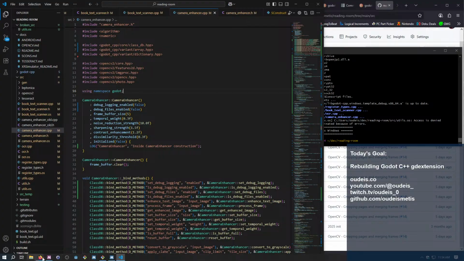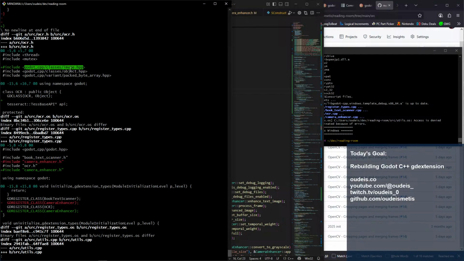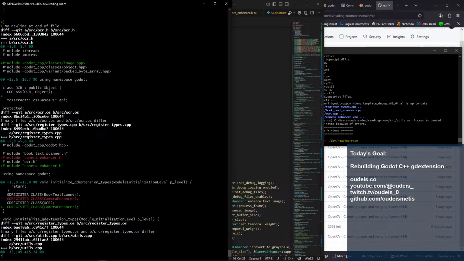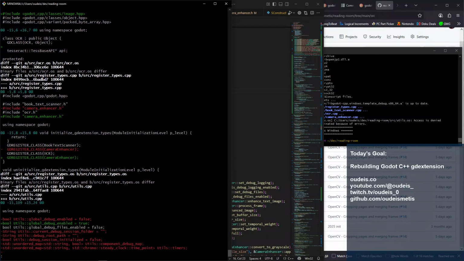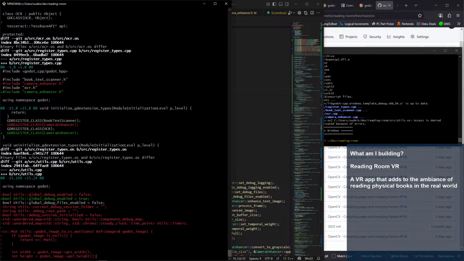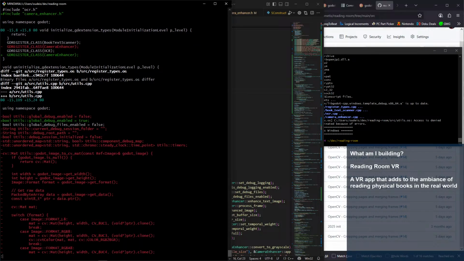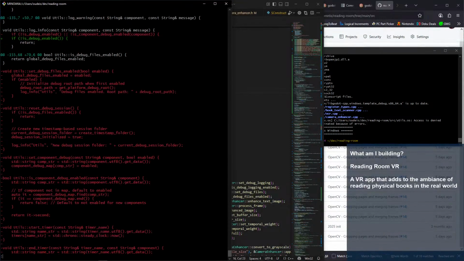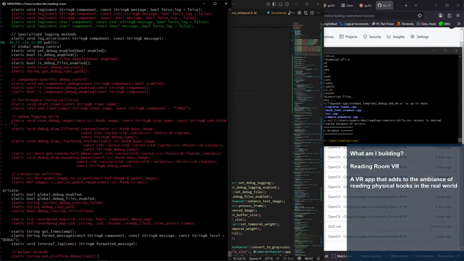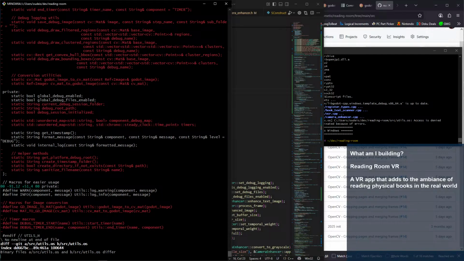But that's the new version, right? So that was missing, to be fair. And then register types, the include order changed slightly. Yeah. And then utils is kind of a bloodbath as well. Okay.